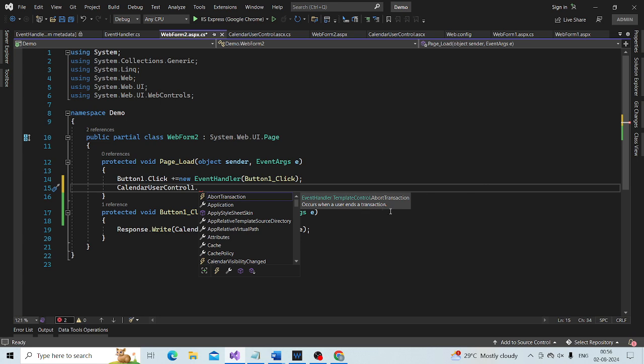CalendarVisibilityChanged. Here you can see that is the name below here. How do we know that? The lightning bolt symbol indicates that.